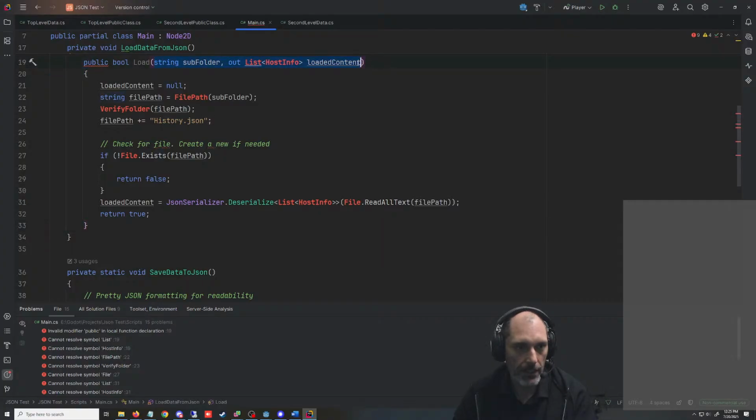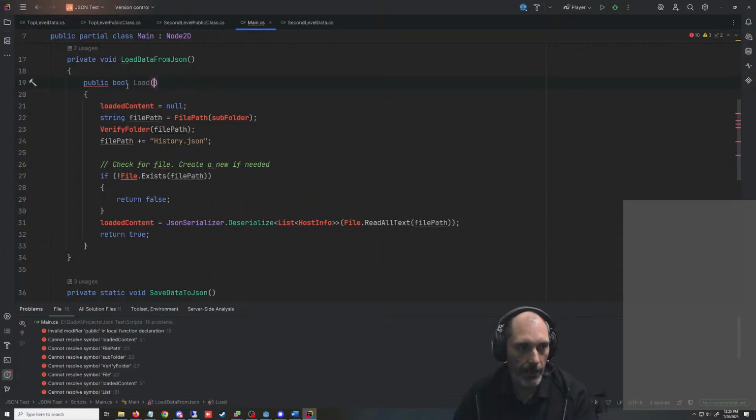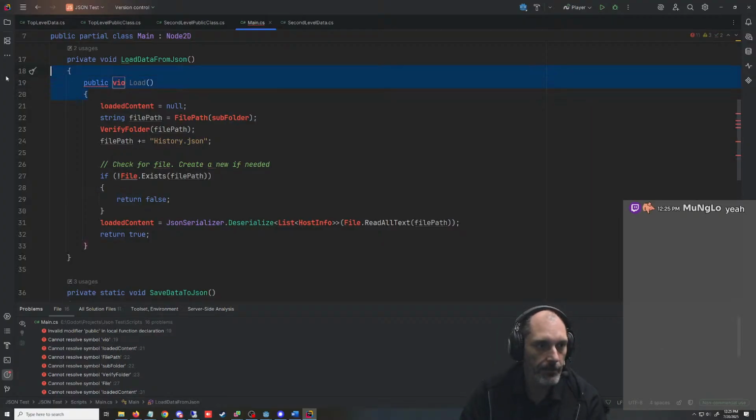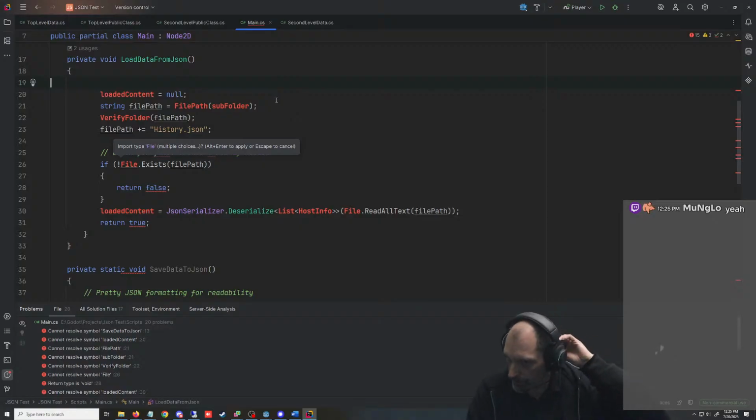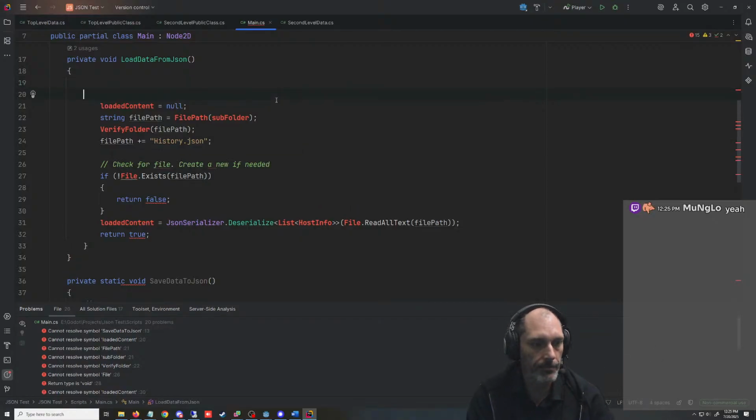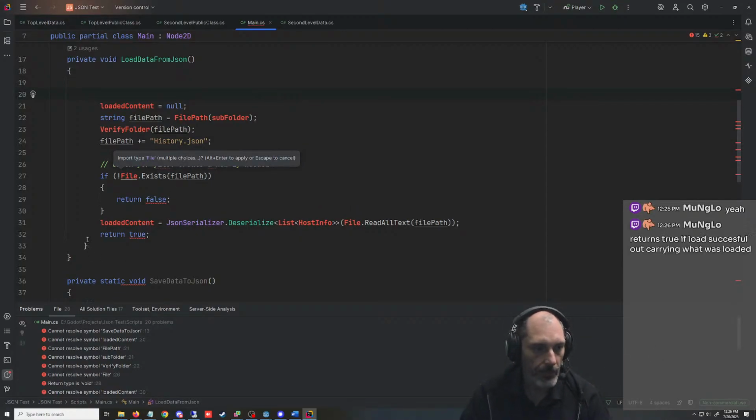We're just gonna get rid of this stuff. Bool. Maybe this is a mistake here. We don't need this thing at all. Get out of here completely. File. Oh, we'll just go from. We do need to verify a folder though. At some point. Load content. This is what we'll take. We'll take this line,